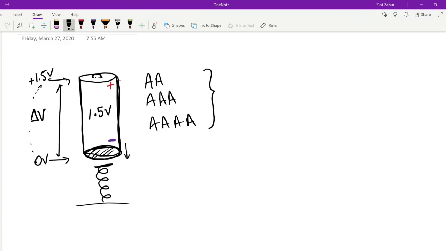Anyway, so we set the bottom to be 0 volts and the top to be 1.5 volts, so therefore the difference between the top and the bottom is 1.5 volts. Similar to how we do gravitational potential energy, in that the ground is set as 0 height, 0 meters, and then anything above the ground is positive height. Therefore, when you come back to the ground, you have 0 potential energy. So that model helps us simplify circuits as well.